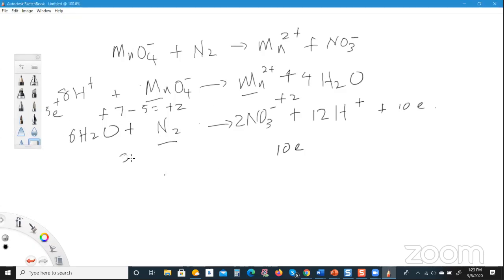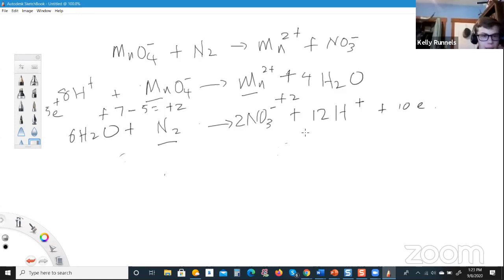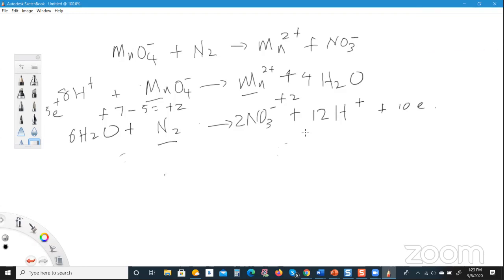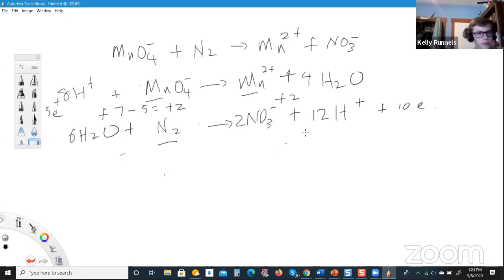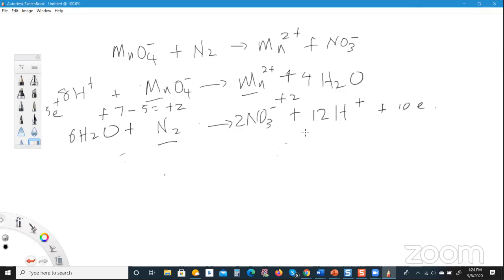So that balances the charges. Very good. Okay. So what's the next step? You remember what we did in the next step? Well, then we need to add the equations together. No, there's a very important step that we need to take before we add them together. Anybody? Very important step. If you don't do this step, everything else will be incorrect. Would it be to cancel out any similar? No, before you even do that,